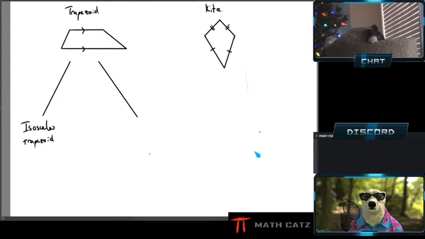It's certainly the least common of all of these that I'll draw. Isosceles trapezoid. Now I understand what an isosceles triangle is. So an isosceles trapezoid is a trapezoid which has these other two sides the same length. So the top one is not isosceles,